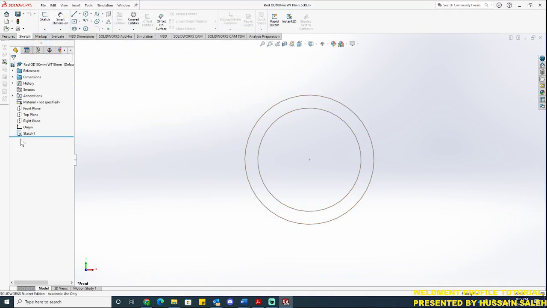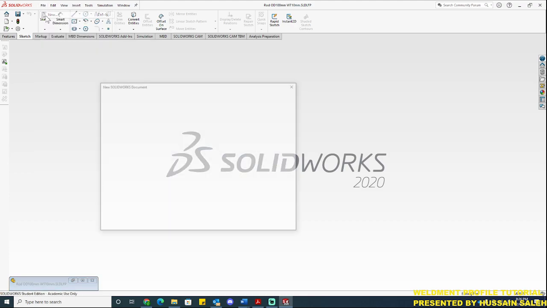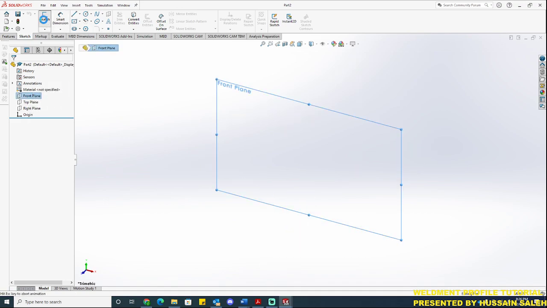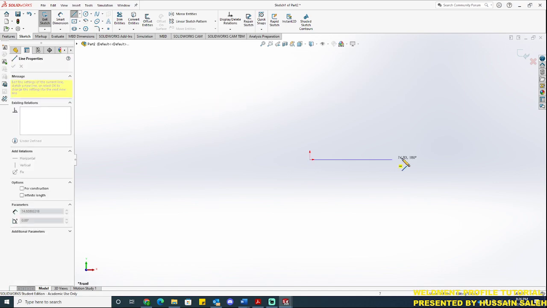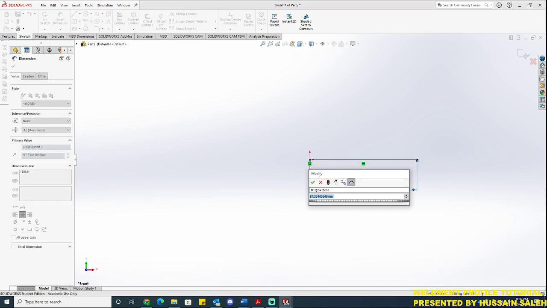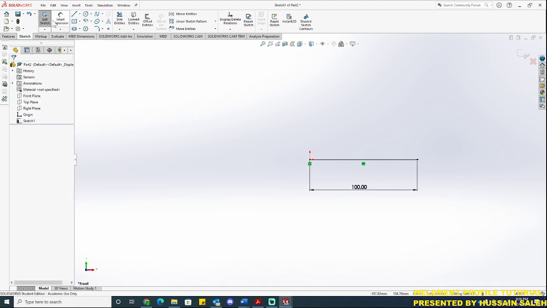and as you can see, as long as the sketch shows the L on it right here, it means the part has been saved to the library. So to test that, we're going to minimize that document or part, start a new one, and then select the front plane, sketch on it, and then add a line, dimension it by 100 mm, exit the sketch,